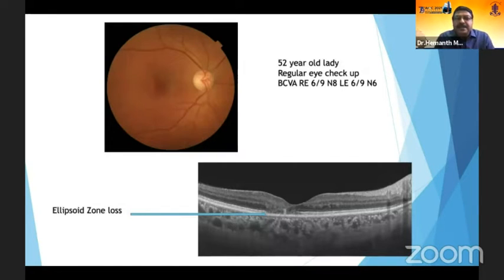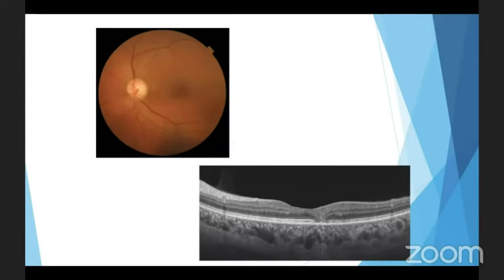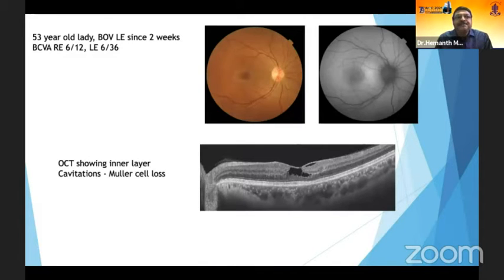So this is a patient who shows loss of ellipsoid zone, and there is a collapse of the retinal tissue because of the loss of support of the Muller cells. Similar in this patient, this is the left eye of the patient. Now, when you see the fundus, you would see a graying around the fovea, and you see this cavitation that occurs. Generally, this is because of the Muller cell loss. And so hence you see the loss of these layers and you see an ILM drape.